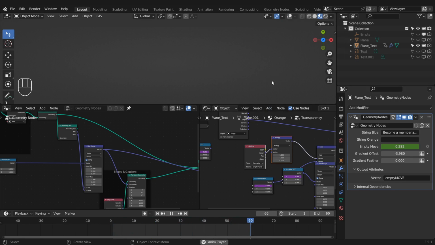There we go. And now the empty and the gradient texture fit whatever length of text that we put in here, which is much, much better and much more procedural and leverages the power of geometry nodes so much better. We do have one more problem that we should probably fix though, and that is if we adjust the